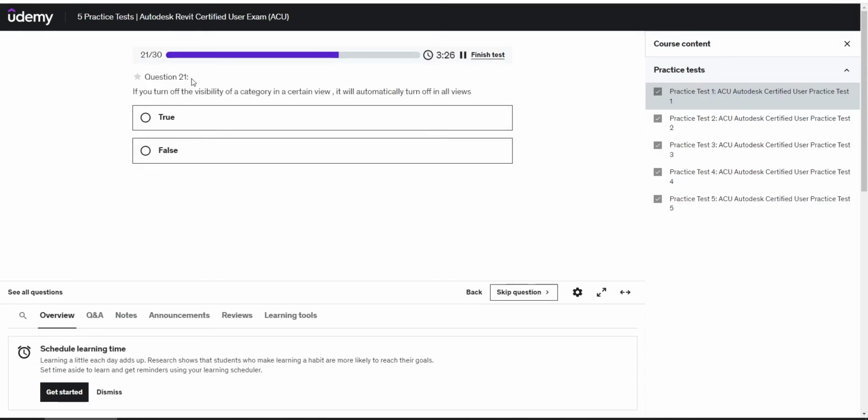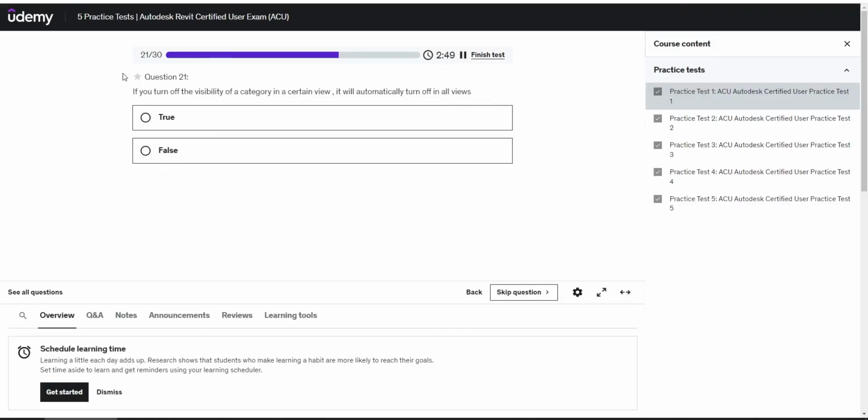and after question number 20, usually I don't know if this happens literally in all the exams, but in most cases there will be about 9 or 10 in this range of theoretical, or what we can call knowledge-based, questions, which you will not be asked to open Revit for anymore. It will be